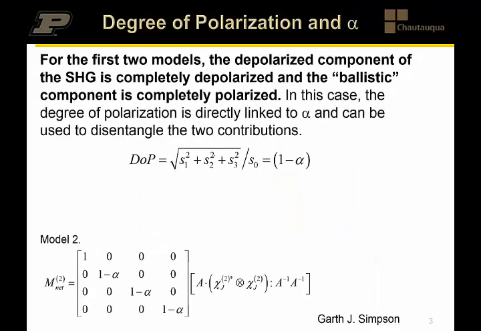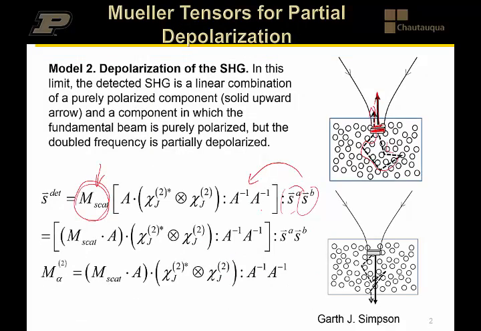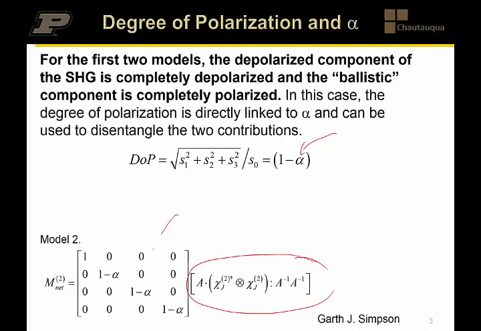So if we do this, we can again take advantage of the fact that the degree of polarization is our friend here and can help provide a measurement of that parameter alpha. And if we invert, this is now the purely polarized component, if we just look at and add together these two terms, the scattering component and the scattering alpha. This is, again, if we go back to the very first discussion on Mueller matrices and Mueller tensors, where we reviewed linear effects, effectively the Mueller matrix that was derived for handling partial depolarization from optical scattering, and upon linear propagation